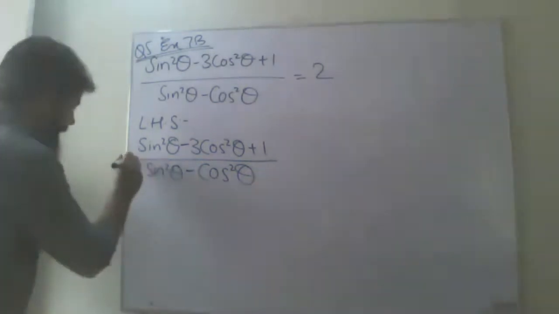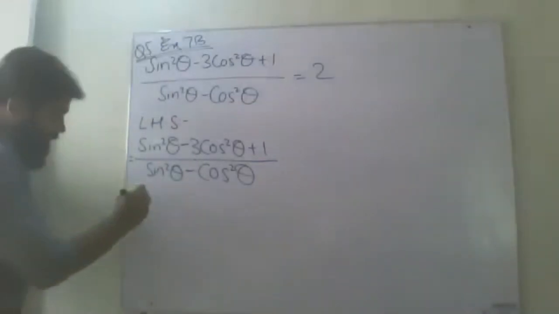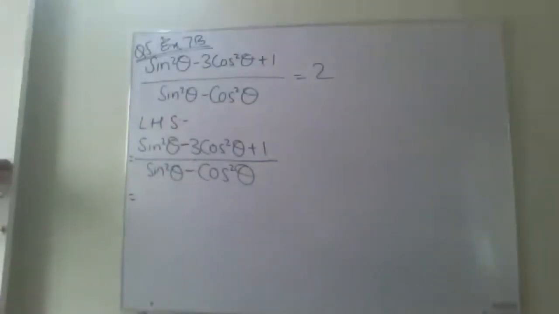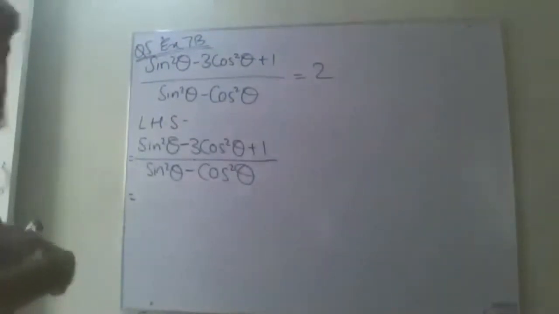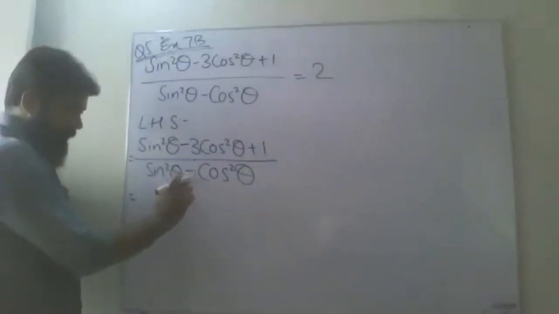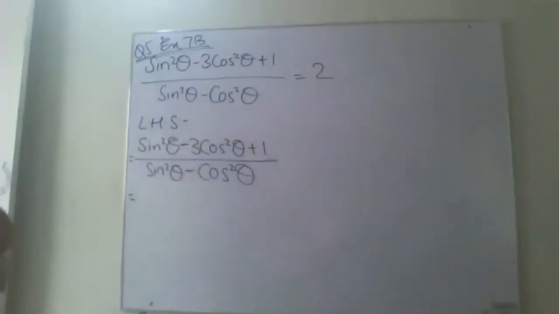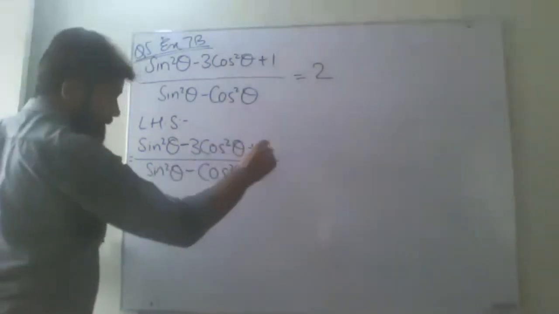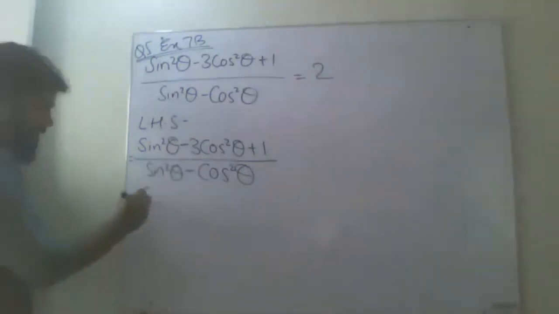So what I'm thinking, okay, let's try middle term breaking. Can I do something with that? I don't think so. Now what I was thinking, like you guys were correct, is that we can't apply any identity here because it's a minus sign and we need a plus sign to solve it. So now this one, the most important one, always remember, 1 can make a difference.